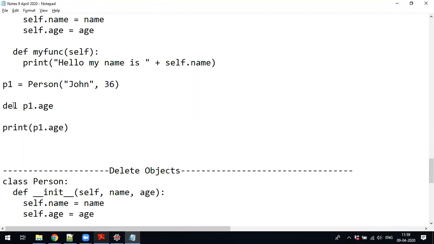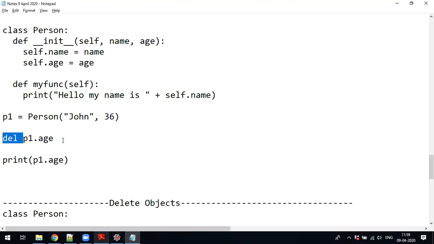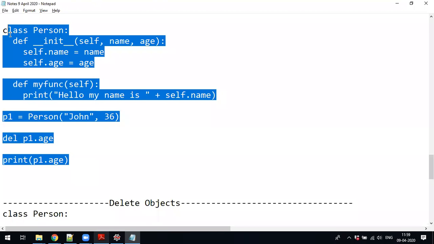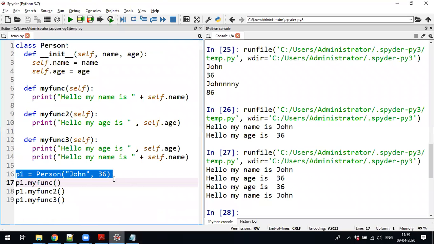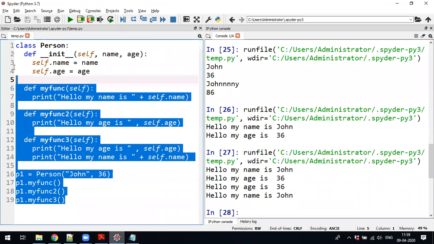See, there is an operator called delete. I can directly delete that object attribute, and then if I try to print that, it should give me the error. Very rare case you will get this type of situation where you want to delete the attributes, but there is support in Python.